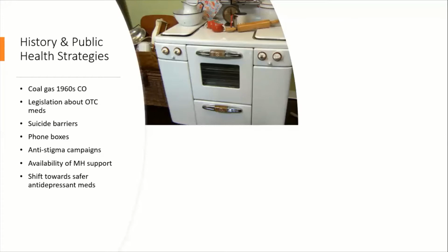So although the change from coal gas to natural gas was mainly to do with cleaning up the air and making it safer for people, one of the positive unintended consequences of that was that there was a reduction in the suicide rate. So that really helped us to understand how public health strategies can be used, or government interventions can be effective on reducing suicide rates. Later on, we're talking a few decades later, legislation came in about buying over-the-counter medicines, and